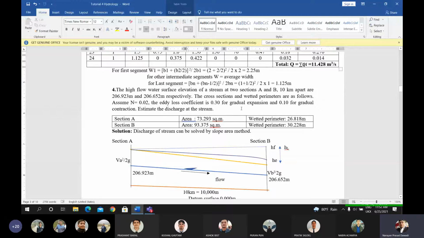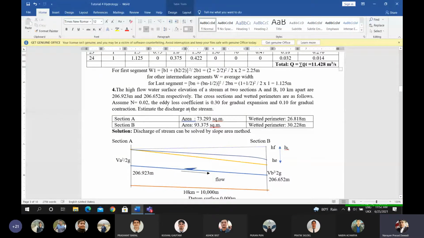Now assume n is equal to 0.02. n is the Manning's roughness coefficient, or Manning's constant, which is related to the riverbed material. And the eddy loss coefficient Ke is given as 0.30 for gradual expansion and 0.10 for